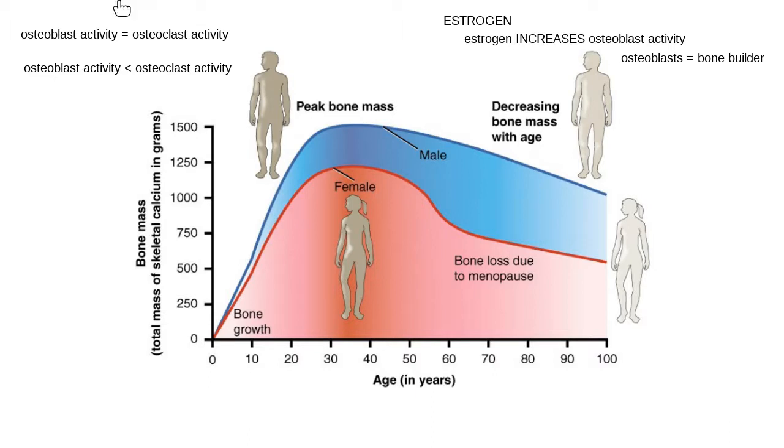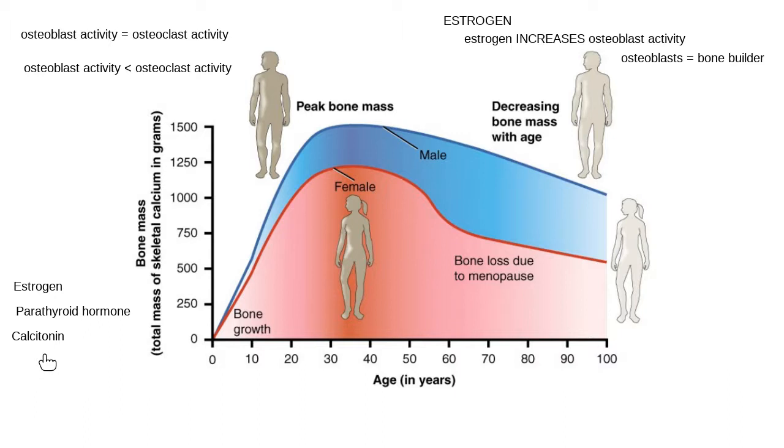So 3 hormones, as you're studying for the upcoming exam, 3 hormones for us to know. Estrogen, which is the one we just talked about here, and we have this graph to help us interpret it. Parathyroid hormone and calcitonin. With each of these hormones, make sure we know which kinds of cells they impact. So is it osteoclasts or osteoblasts? And make sure we know if it makes them more active or less active. So make sure we know those things with these 3 hormones.